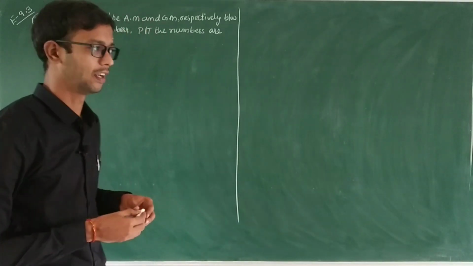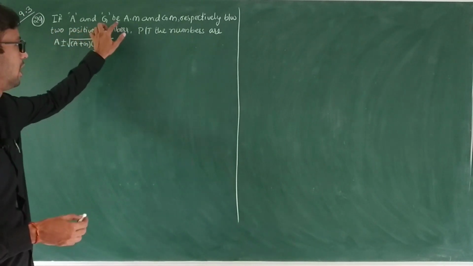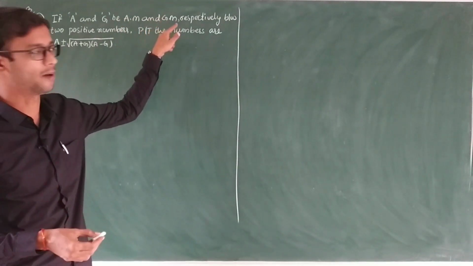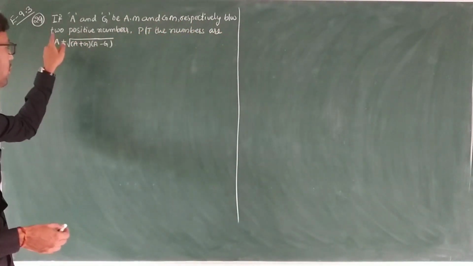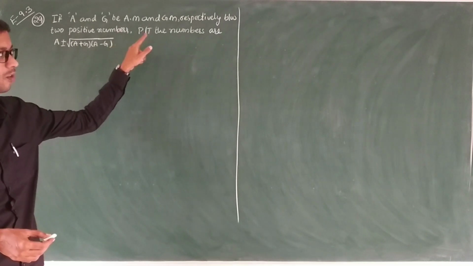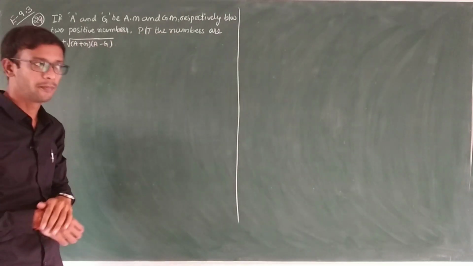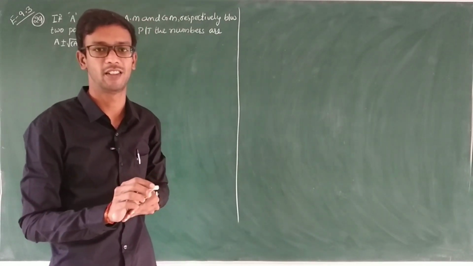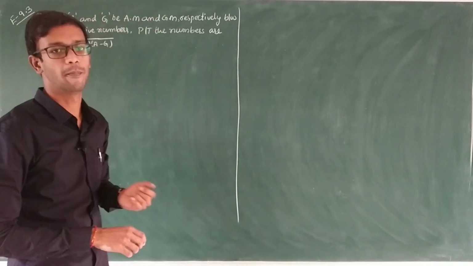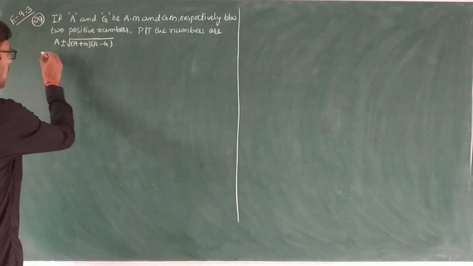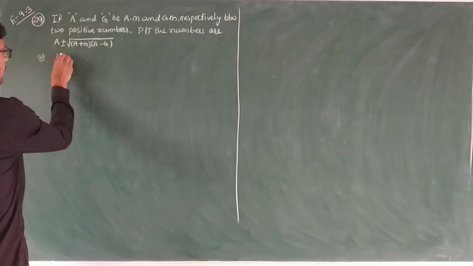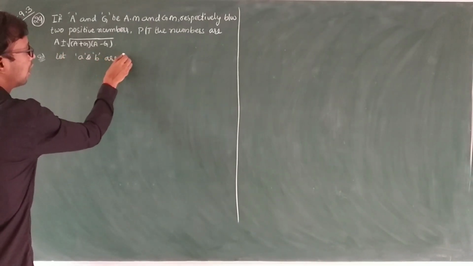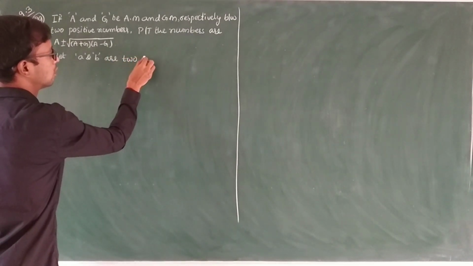Problem number 29. If A and G are the AM and GM, A is the AM, capital G is the geometric mean respectively, between two positive numbers, prove that the numbers are... In the previous problem also, we found the ratio of the two positive numbers. In a similar way this is also done, but here we have to find the numbers from the given conditions. So first of all, let a and b be two positive numbers,